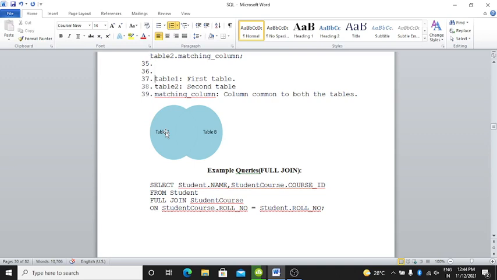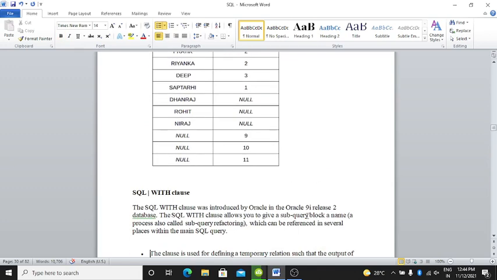Here is the full join example. Select student.name, student_course.course_id from student full join student_course on student_course.roll_no equals student.roll_no.